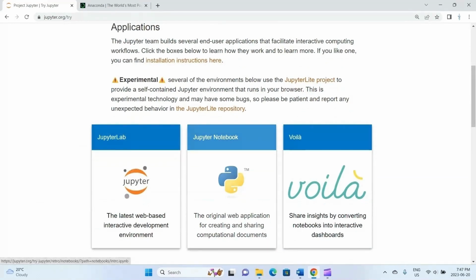So right now, this is an experimental interface that runs entirely in your browser for free. It does give you a disclaimer here that there may be bugs or unexpected behavior, but it's worked just fine for me. No login is required. Actually, there doesn't seem to be an option to create an account. Because of that, it seems it can only store your notebooks for an unknown limited amount of time. This could be a day or a month. I think it depends on how long your browser caches or stores these pages. So just keep that in mind. It's mostly meant to just try out Jupyter, and this is good enough for this course.